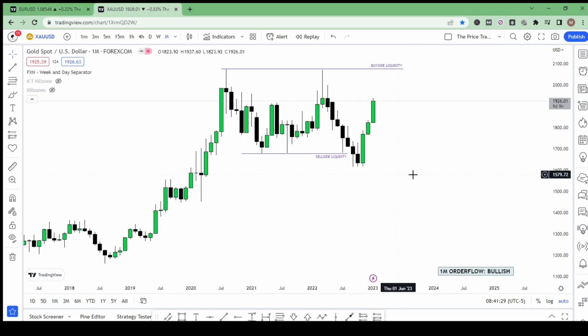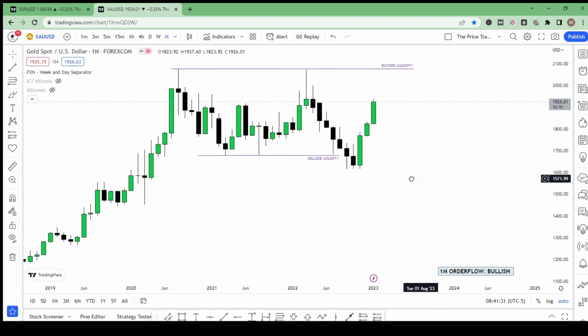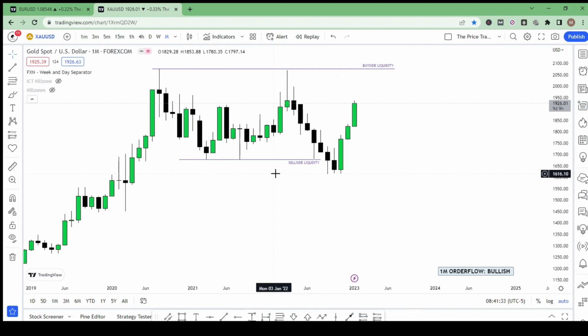So the gold, actually, as I have outlined, you want to seek an order flow maybe being established once you have some form of liquidity that has been taken out. So for instance, in gold, this is a 1 month chart. We saw that it took out sell side liquidity, and then now the market started, we'll drop into the weekly chart, you'll see that the market here started shifting the initial bearish order flow into a bullish order flow,